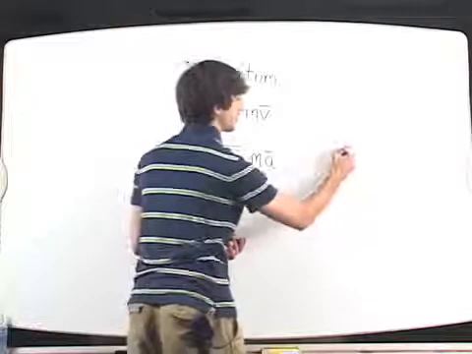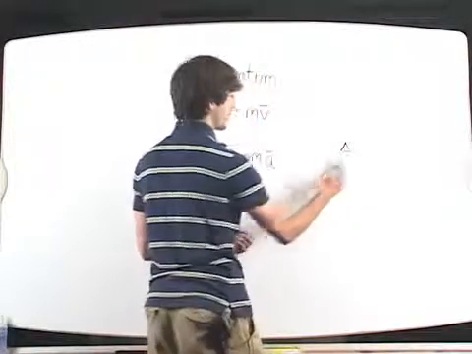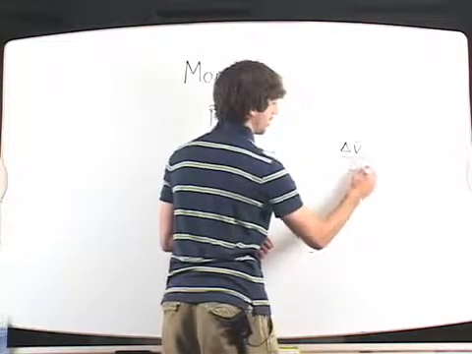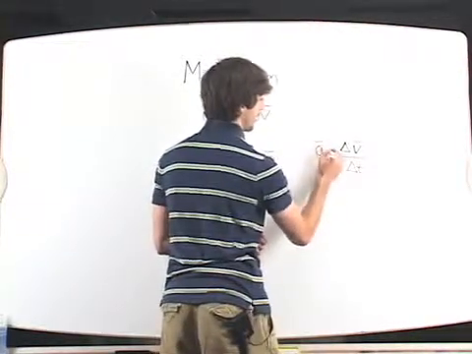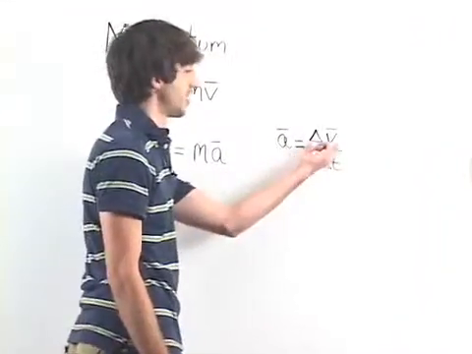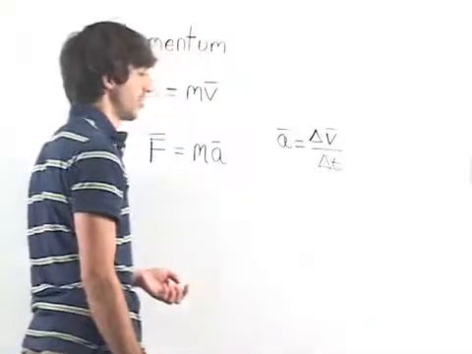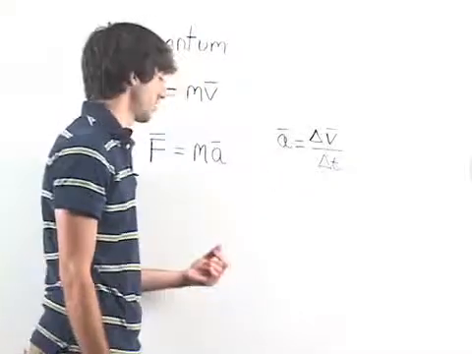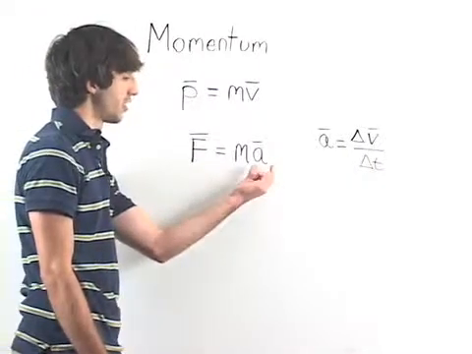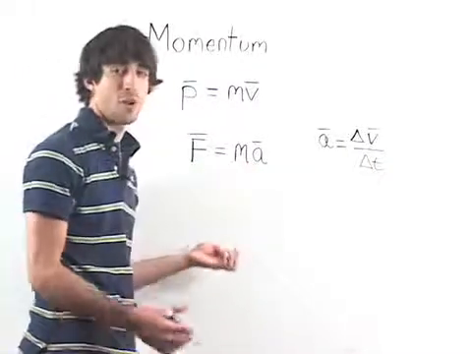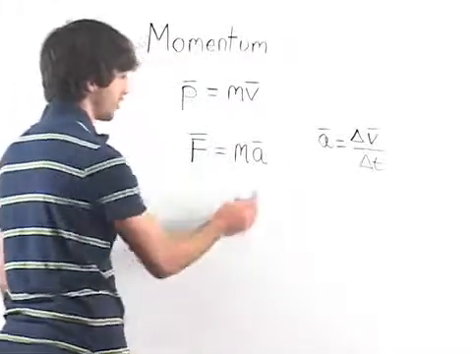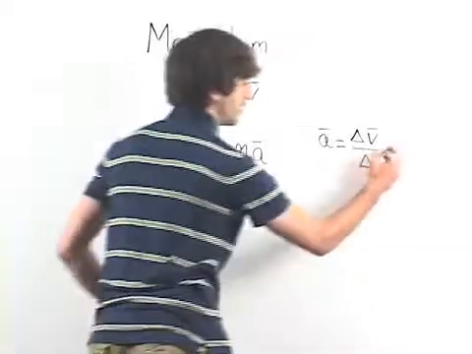So remember, in a previous lesson I explained that if the acceleration is constant, acceleration is equal to the change in velocity over the change in time. But it's a rate of change. So here this is saying force is the rate of change of velocity times some quantity, mass. Well, what we can do is say, let's take this change in velocity and just multiply it